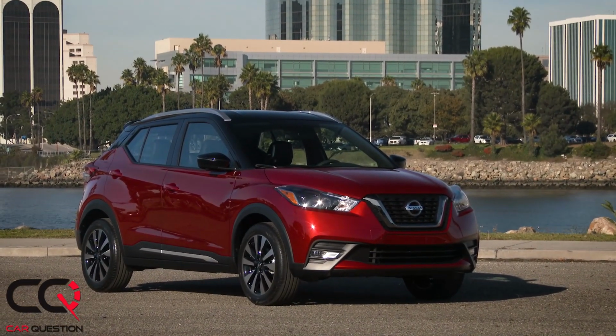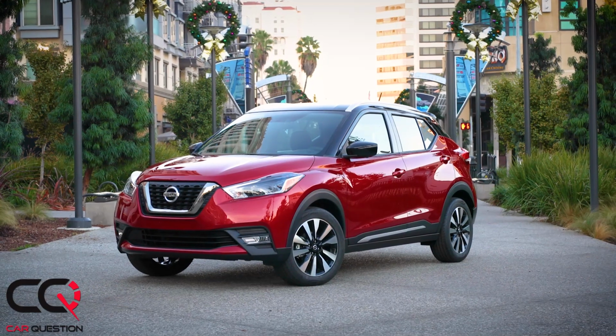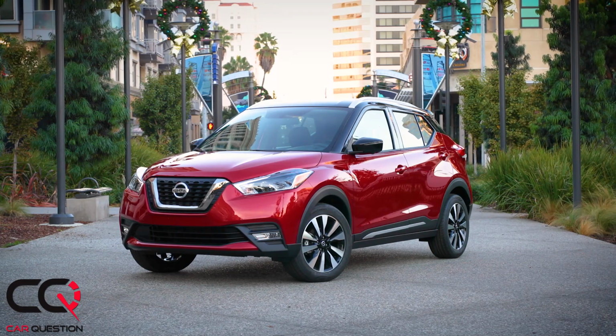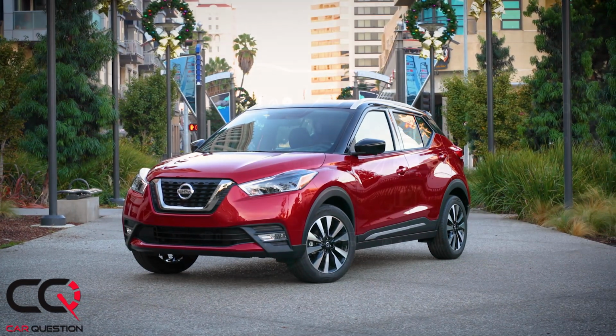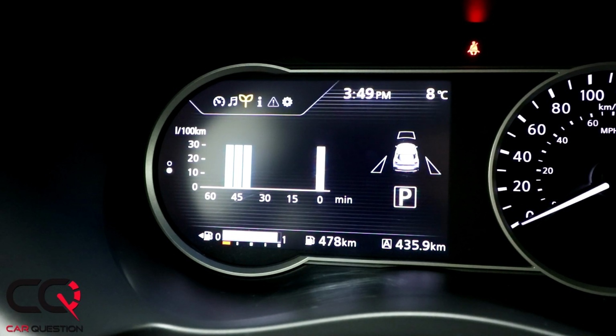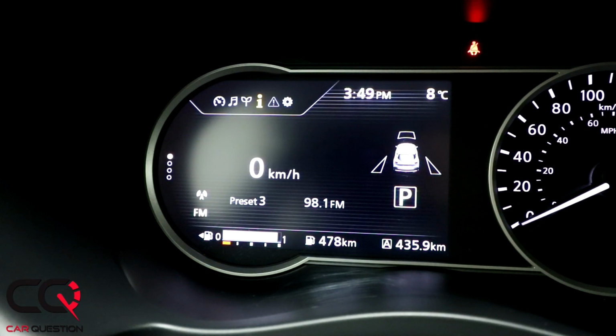But the version that I will recommend to you is the SV at $22,908. You've got Apple CarPlay, Android Auto, heated seat, and you've got that 7 inches advanced drive assist display right here in the center. You've got the fully equipped SR version,